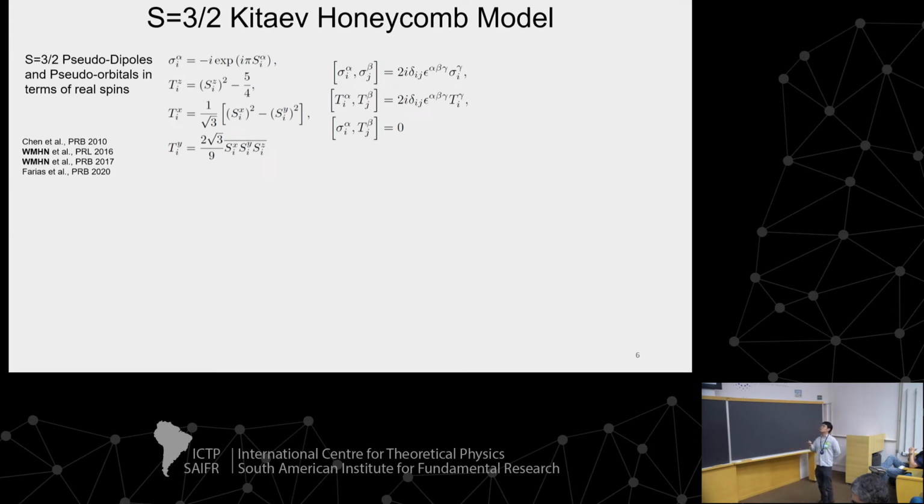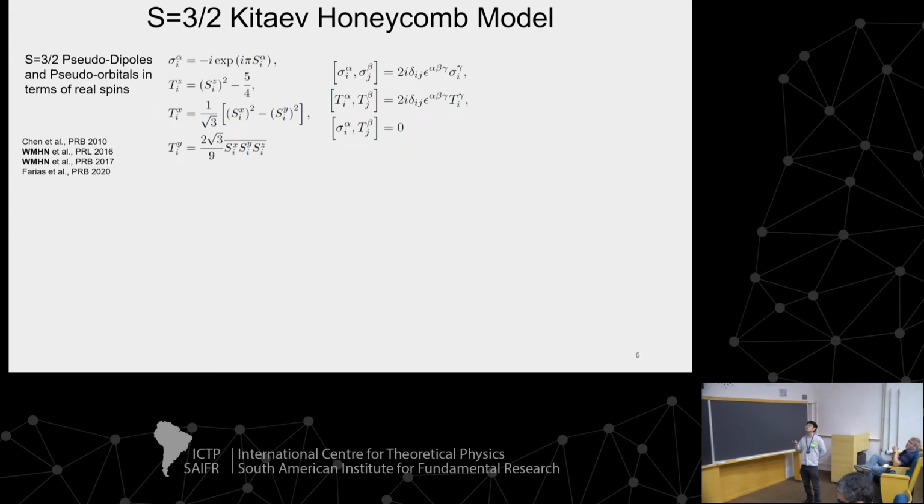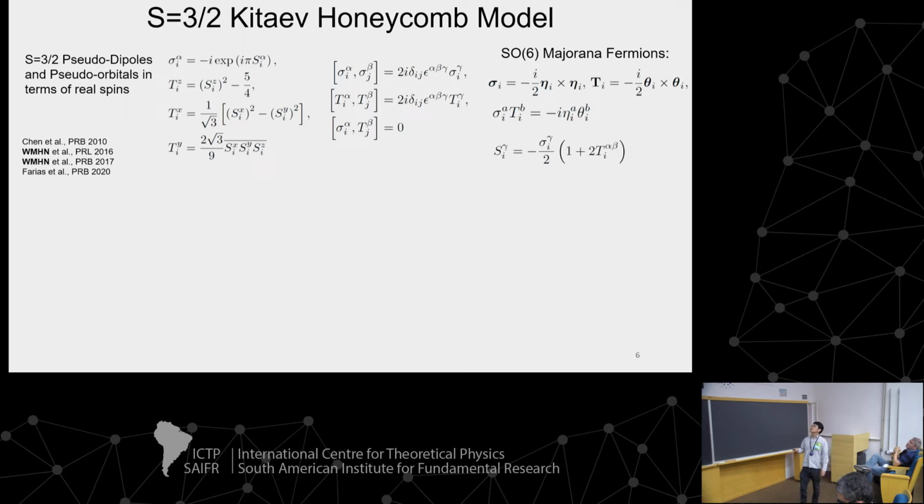The algebra of these operators is very simple, and it turns out that there is an immediate Majorana-Fermi representation for these operators as well, and the inverse transformation from spin to these spin orbital operators. So the first advantage is if you go back to the conserved operators in that paper I showed before, they are rewritten exactly like the spin 1/2 Kitaev